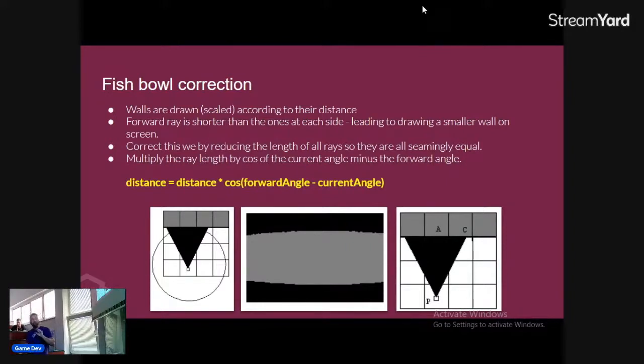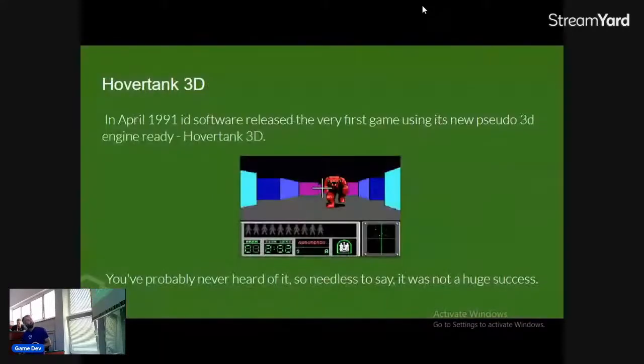So now there's a calculation that we use to correct this. Okay, and this calculation is that you multiply the distance again by the cosine difference of the forward angle minus the angle that you're looking at. So it'll be forward minus this, forward minus this, forward minus this. But each time the delta gets bigger, I think, and until you get to a point where the wall is completely straight. Okay, so now that we've taken that into account, we can go back to